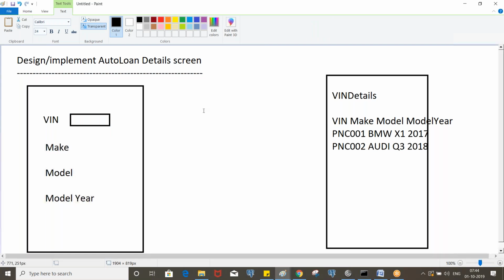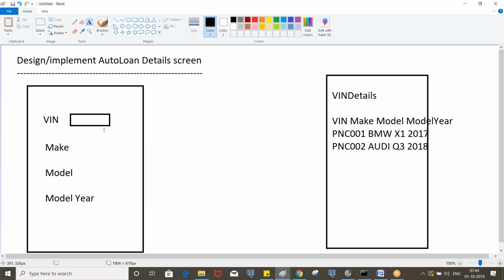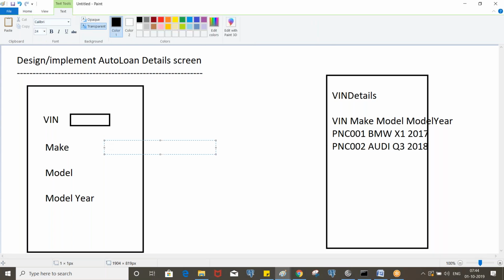Now if I select PNC 001 from the drop down, it has to display the corresponding details: make should be BMW, model X1, and the corresponding year. If you select VIN as PNC 002, it has to display the corresponding details.